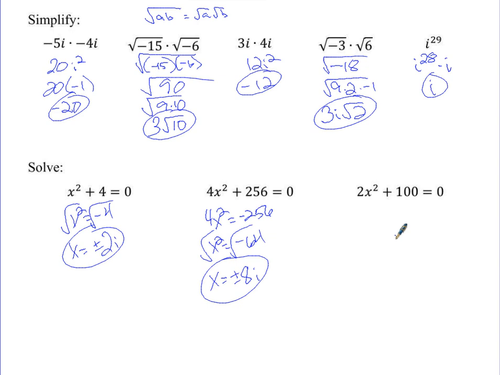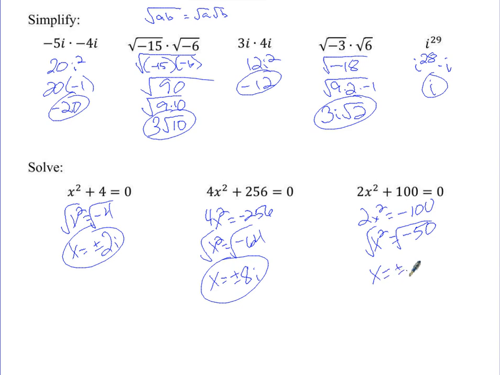2x squared. Move the 100 over. 2x squared equals negative 100. And then divide by 2. x squared equals negative 50. We didn't take the square root of both sides yet. Now we can take the square root of both sides and we get x equals